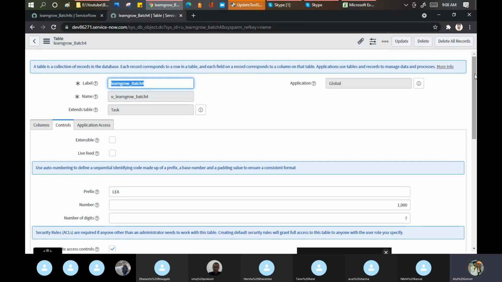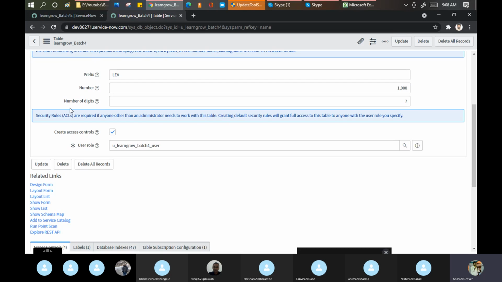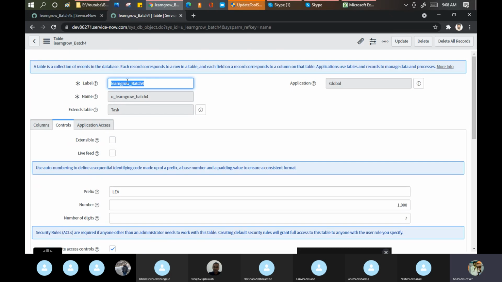Okay, so we are at this particular place. This is another important point: create access control. Who can access my particular table? Who can work in my particular table? When I say work, it means who can add or delete anything in my table. I am not talking about the records now, but the table itself. So the user